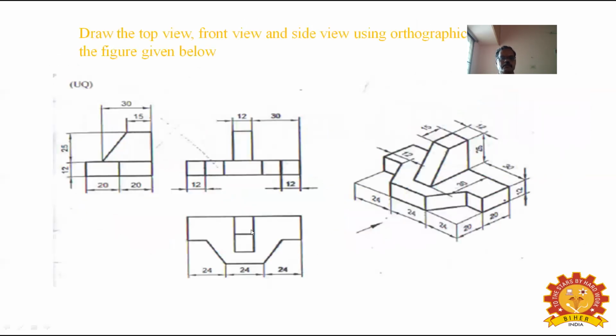This is a very simple drawing. The arrow mark indicates that it is a front view. And see the overall dimensions here. What are the overall dimensions? It is 72 by 40 rectangular. Here the thickness is given as 12 mm, and the total height of the rib is given as 25.